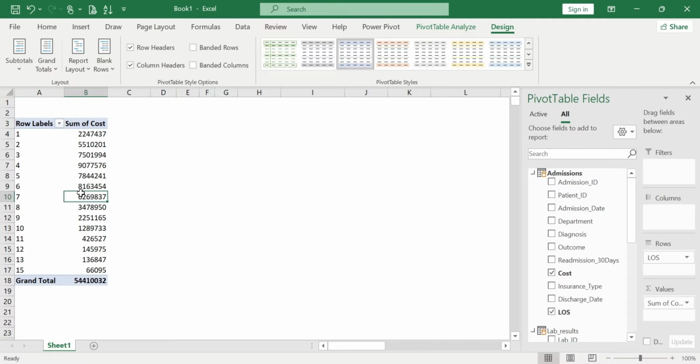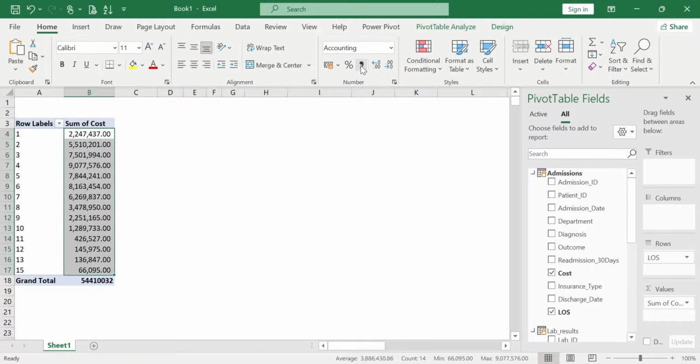Now when it is like this, it's telling us a different thing. At this point, for all the patients who were admitted for 1 day, the total cost was equivalent to this one here. So allow me to select all this like that, get myself to the home tab, and on this part, I'll hit this 1000 separator. So for all the patients who were admitted for 1 day, the total amount that they paid is equivalent to